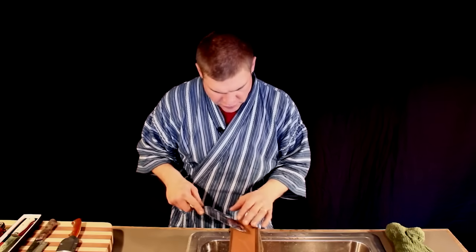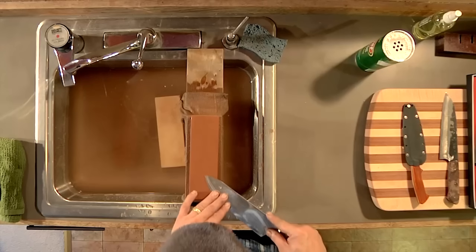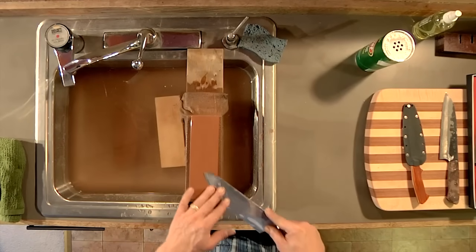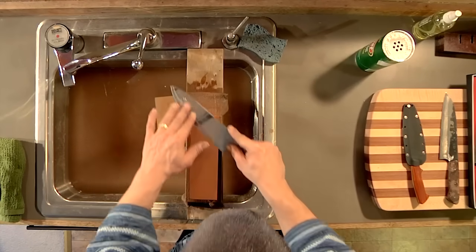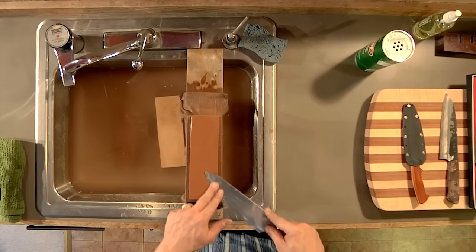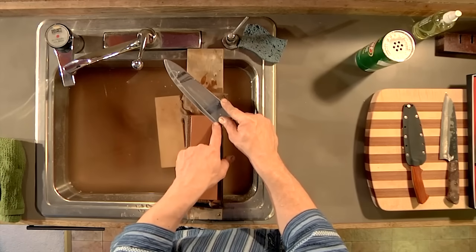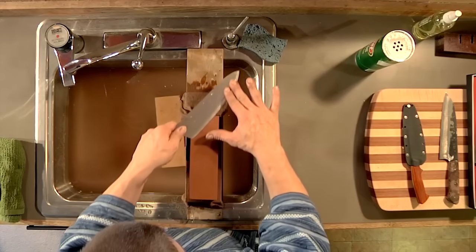But what I'm going to do is, rather than moving away from the stone and into the stone, as in my backwards and forwards motion like I did in step 5, from here on out for step 6, all I'm going to do is do what we call a trailing or away from the edge motion, just stropping it backwards like this. And what I like to do is I like to start with the tip on one corner of the stone and then move the blade in a nice, slow, controlled manner and end up with the heel on the other side of the stone. Now we'll do it in mirror, tip to heel,